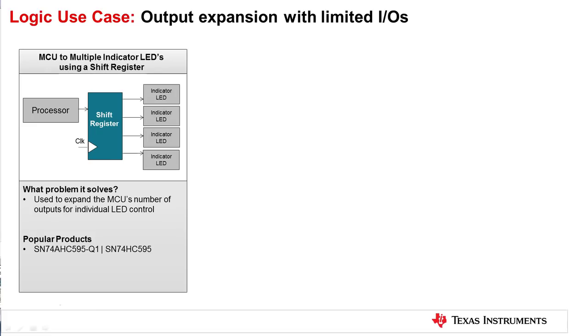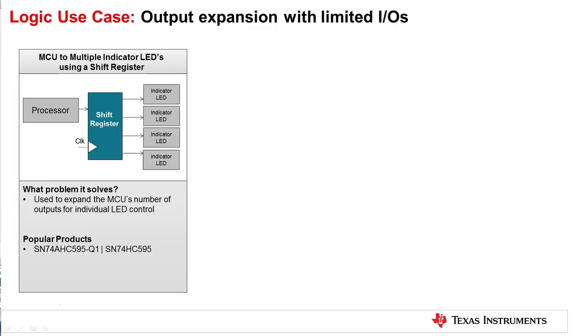Shift registers are very useful devices for input or output expansion given the limited number of available IOs. Here, the MCU or the processor, which usually are constrained on the number of available GPIOs, usually limited to 2 or 3, can control 8 or multiples of 8 outputs through the output expansion capability of the HC595 device.